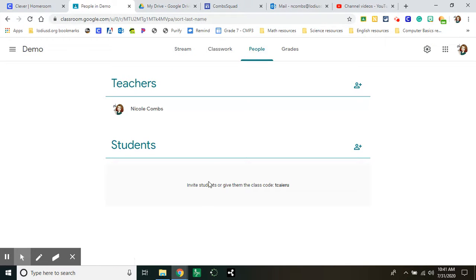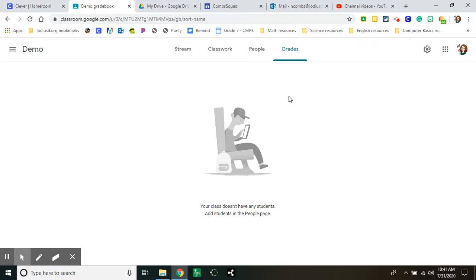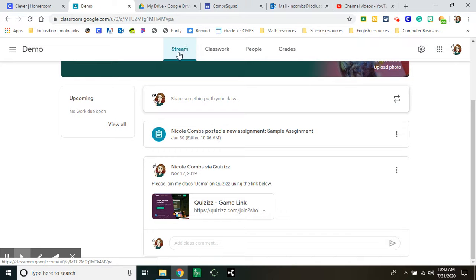You can see the other people that are in the class here. Obviously, I don't have any in this class because it's my demo class. And then right here is grades. This may not reflect exactly what's in the grade book because sometimes I do weighted grading. I don't think I'm going to do that, at least not this quarter, but I haven't really decided yet. You will be able to look at all the grades of things that I've graded, and you can see how you did. You will also want to click on those assignments so you can see if I left you any feedback, and I'll show you what that would look like.